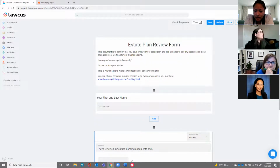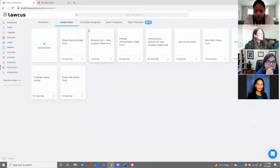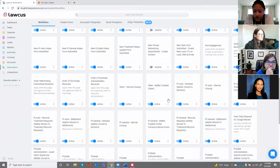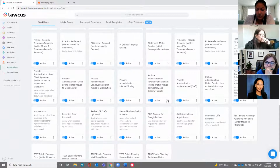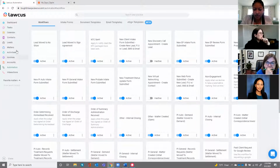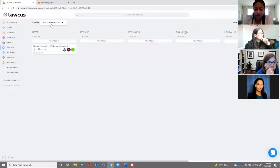So that's really cool. I'll show you that workflow. I just have to find it because this is a fairly new one. I don't know where it is, but I'll show you in practice. So in my estate planning, when I'm in the draft category, I have a bunch of tasks to invoice the